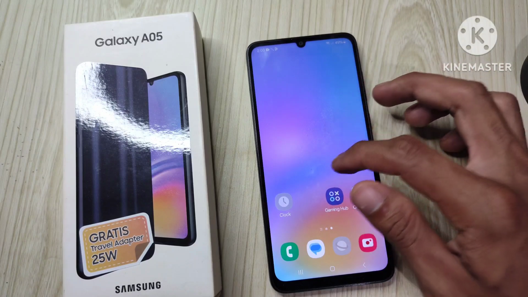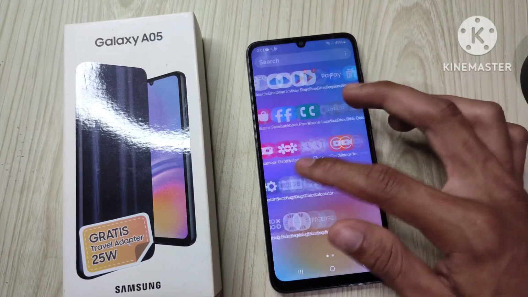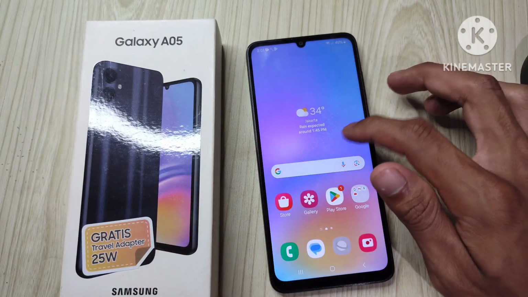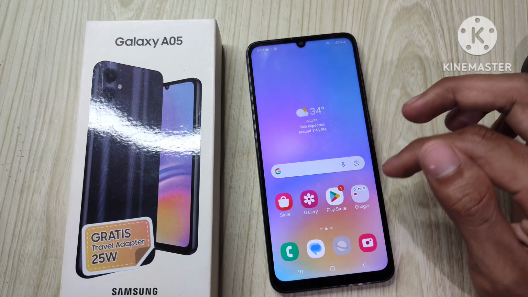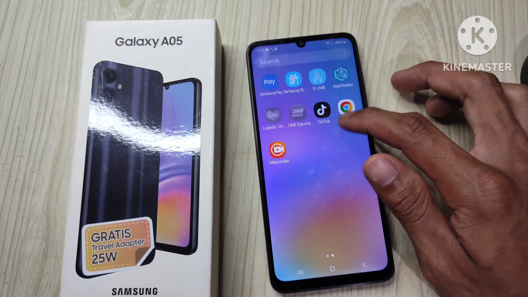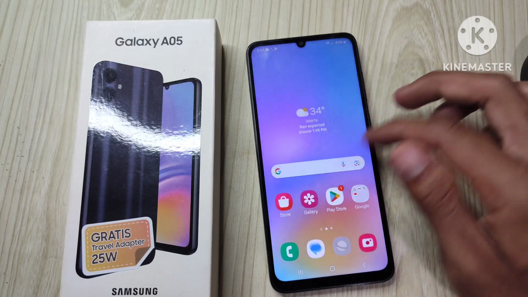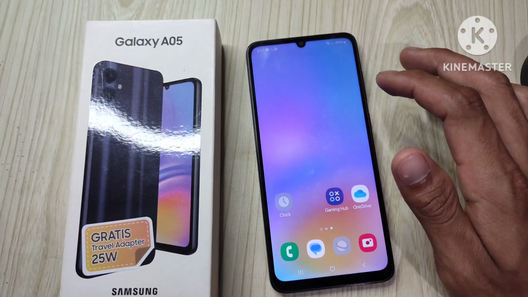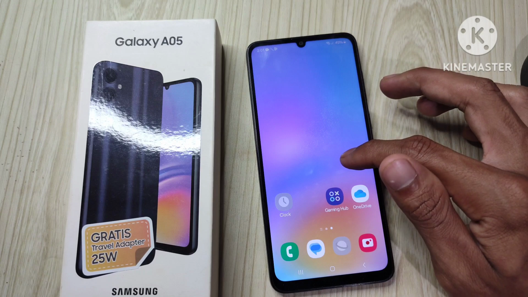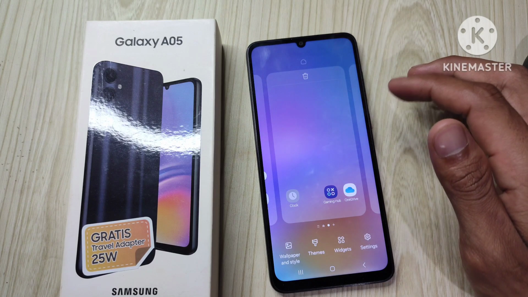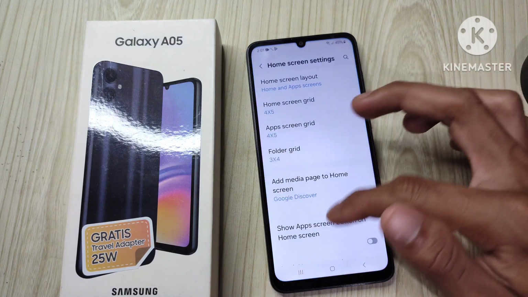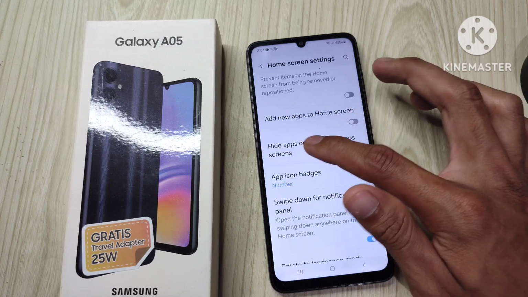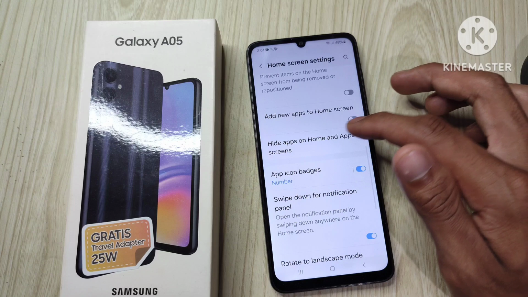How to hide some apps from the home screen like this on Samsung Galaxy A05. For the example, we want to hide Google Chrome, and the first step, you can press in the empty area like this, press and hold. You can go to the settings, and then you can tap on hide apps on home and apps screen,